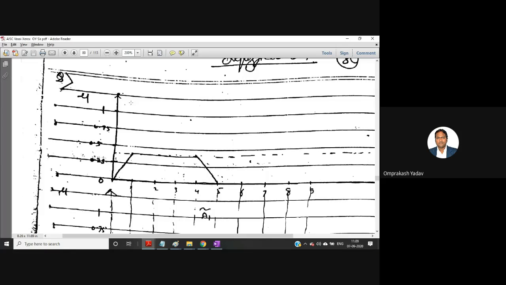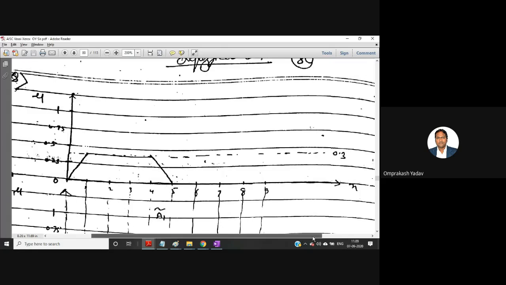So the first graph is given this one. This is the x-axis and this is mu of x. If you see, a small trapezoidal shape is given with the height. This height is given over here, 0.3, and this is from 0 to 5. So please make this the first graph, all of you. In the question paper, I told you that it will be given anywhere, but on our answer sheet, we have to draw in a proper way, one below the other.